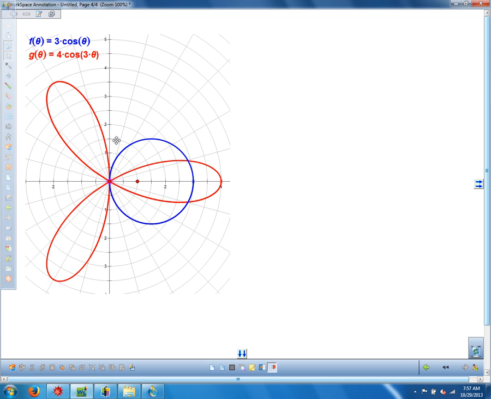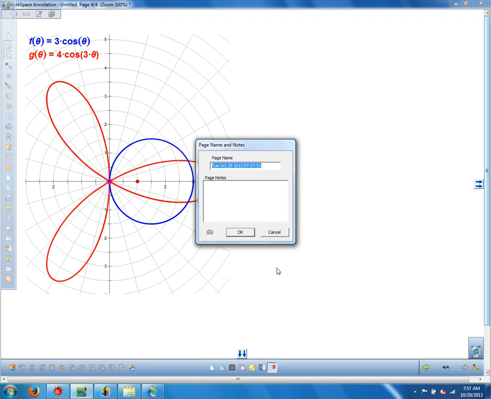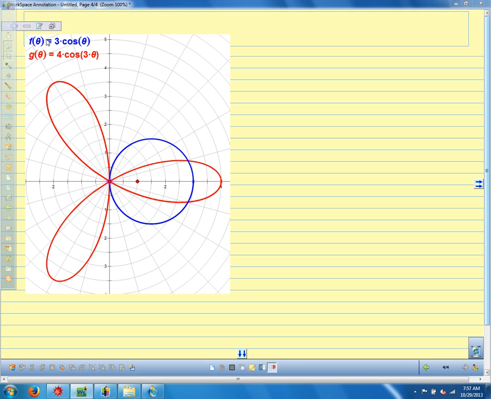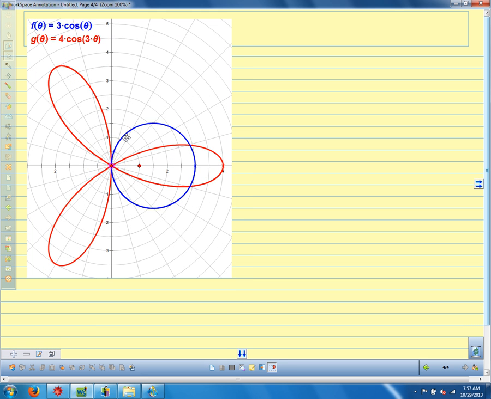All right, and so here's the intersection of these two polar curves: r equals 3 cosine theta, the circle, and r equals g of theta, 4 cosine 3 theta, the rose curve here. If we want to find the area of the common interior of these two curves, so this area